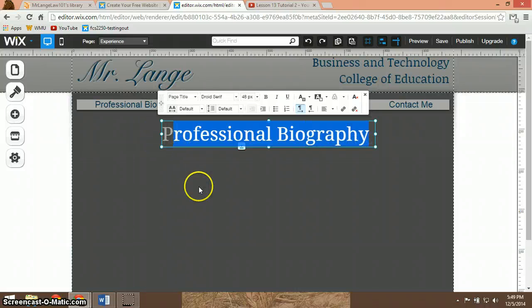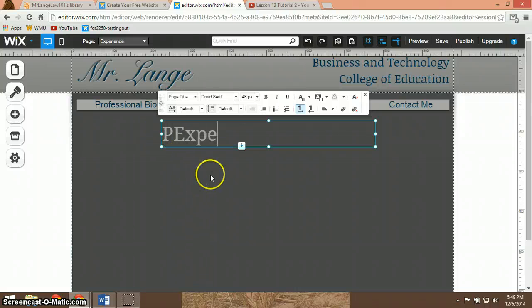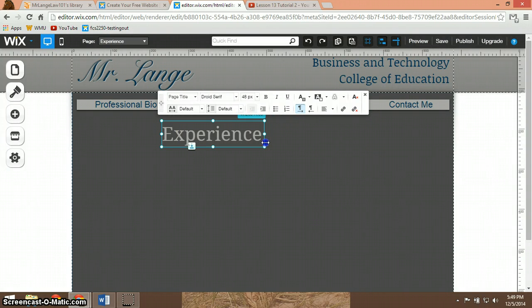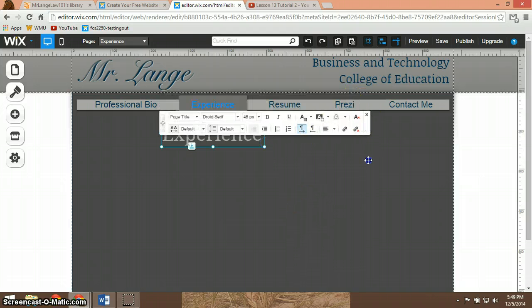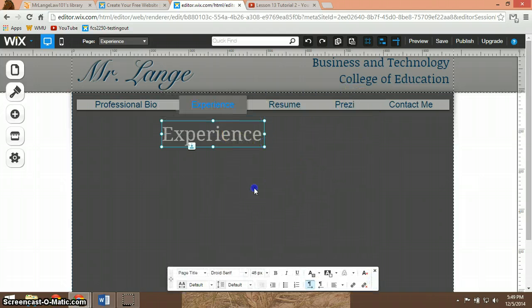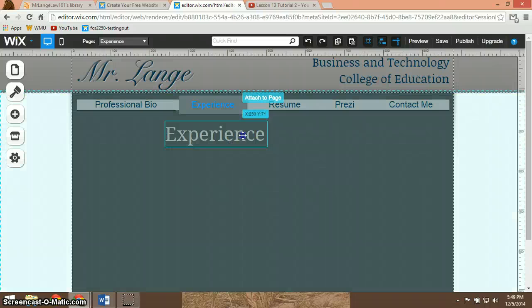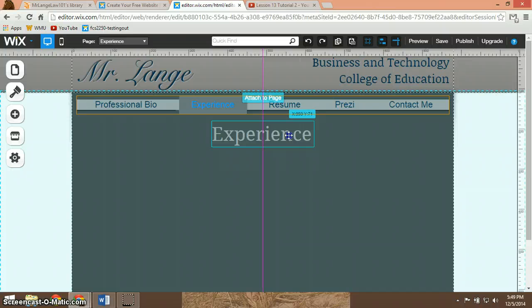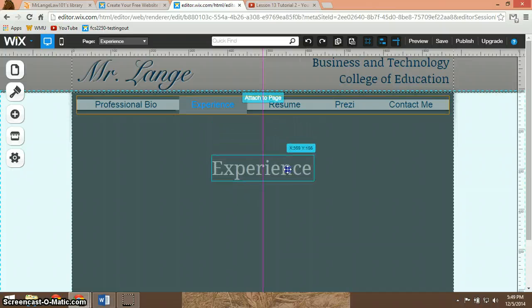Now I'm going to keep the P so that it keeps the type font that I used. And once I get done typing experience, I like to go back and get rid of that P. Sometimes it works good, sometimes it does take away the format. I'm going to highlight that and maybe drag this down a little bit, then click off of it, click back on it to move that to the center. And I've got the pink line there that centers it up. And I'm going to drag this down just for